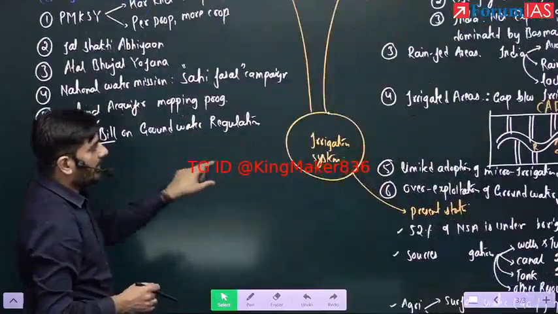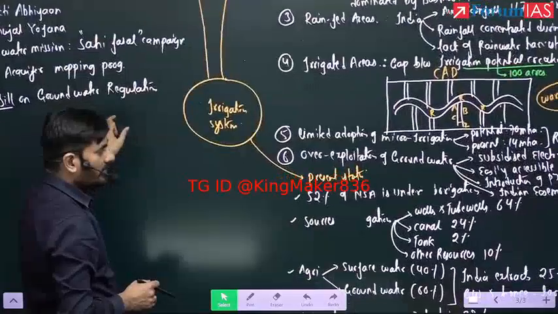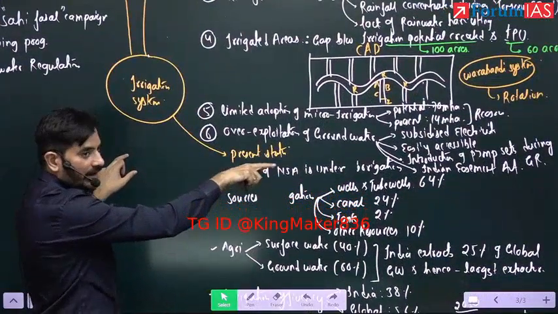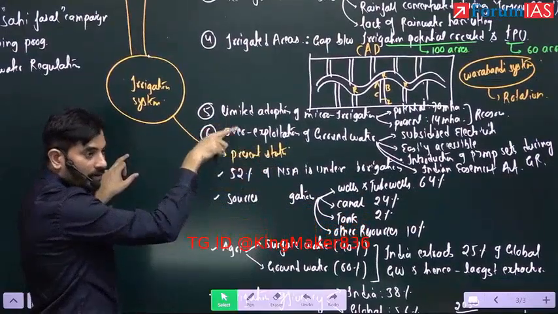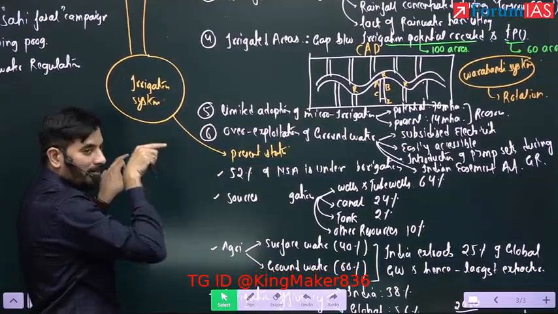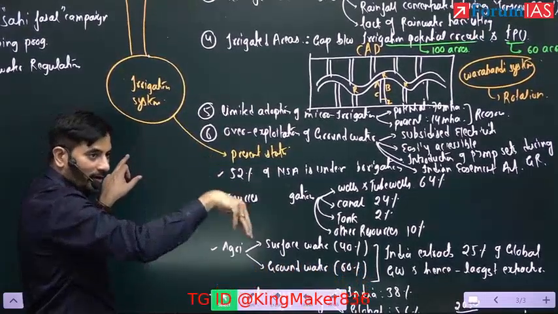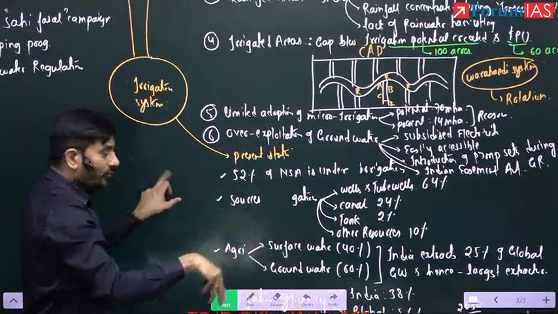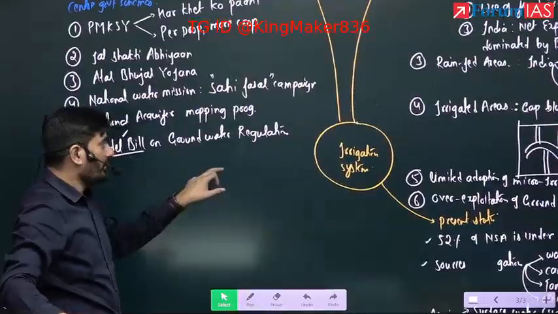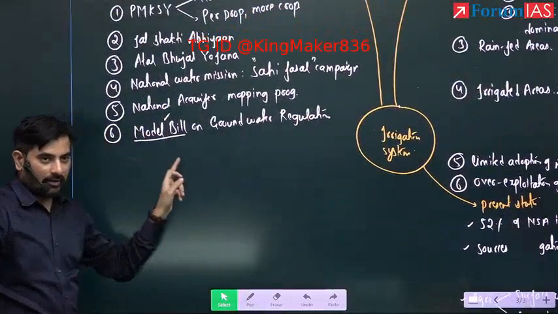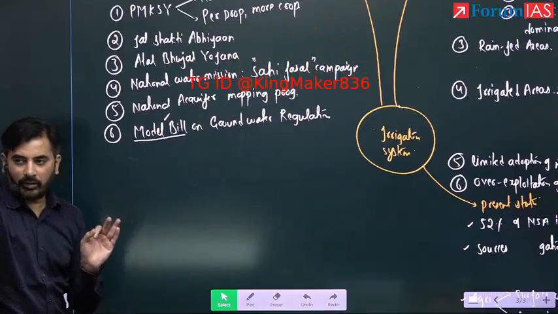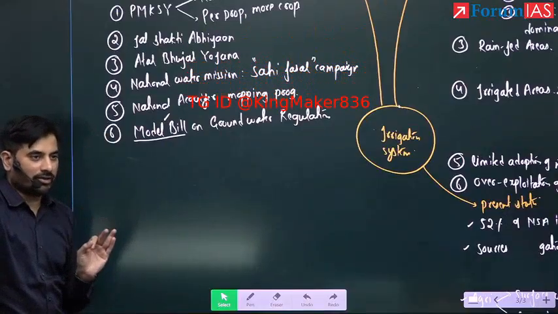If you see here, I told you with respect to groundwater, the biggest problem is that groundwater is treated as a private property. Because it is treated as a private property, you don't have to take an approval or permission of the government to dig a borewell. Now, under this model bill, which has been circulated to all the states, the central government has said to the states, please set up a separate authority for regulating the groundwater extraction.